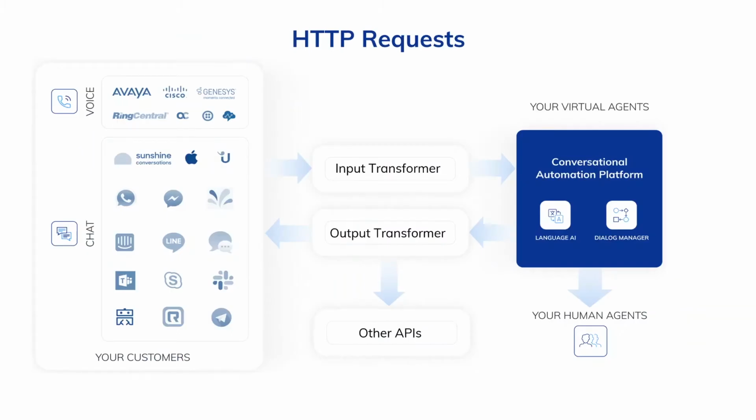Now, when we talk about custom integrations, you usually want to have your input transformer or your output transformer or both talk to third-party APIs or your internal logging API. That can also be the case. For this, you usually need some way to send an HTTP request, which our custom HTTP request function gives you the capability to do.